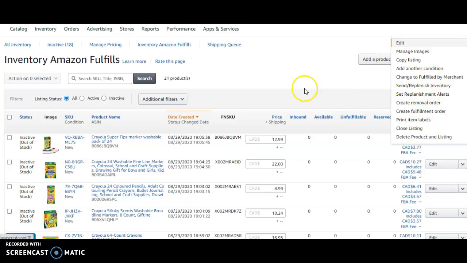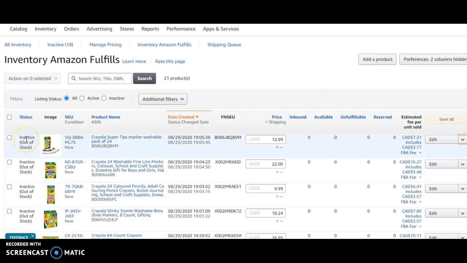So the first step is obviously to go into my dashboard and click on the product that I want to go through. So in this case, the product is going to be,